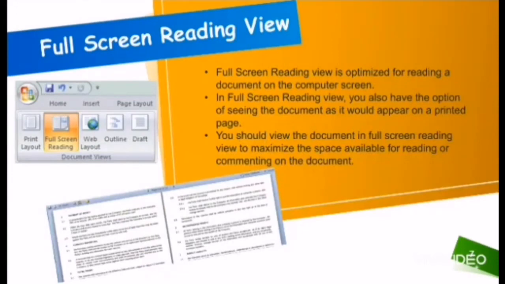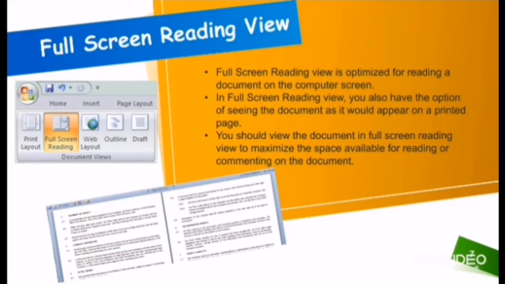The next comes full screen reading. Full screen reading view is optimized for reading a document on the computer screen. In full screen reading view, you also have the option of seeing the document as it would appear on a printed page. You should view the document in full screen reading view to maximize the space available for reading or commenting on a document.